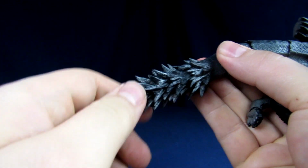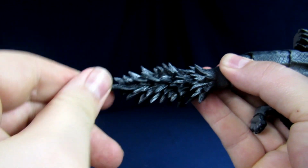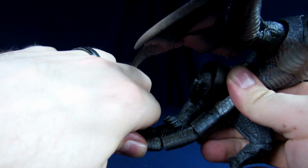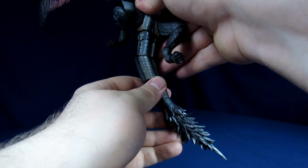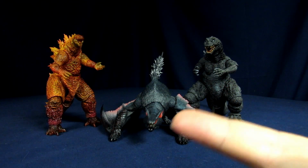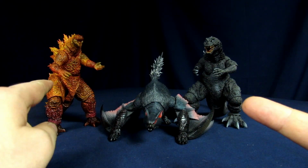And even this thing's like posable. Like this extra little spiky bit for the tail is articulated too. And then really nice side to side motion as well. And for some quick comparisons here, we have the MonsterArts Nargacuga compared next to some other MonsterArts figures with the